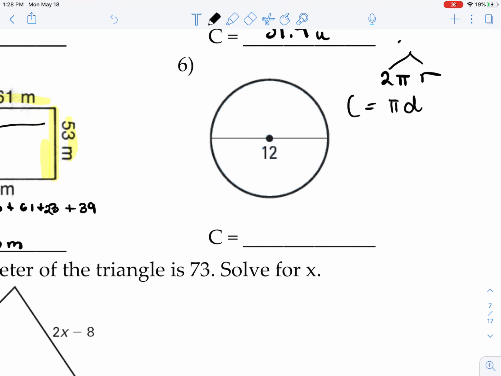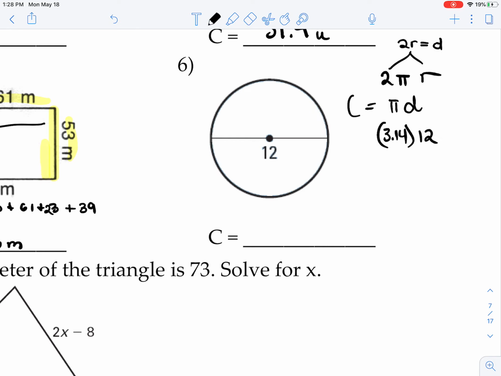Why does this work? Because 2r is the diameter. Double the radius, you get the diameter. So we're just going to use pi d because we're given the diameter. So no reason to figure out what the radius is and then plug it into your formula, just use the diameter. So when we just use the diameter, we are going to be multiplying 3.14